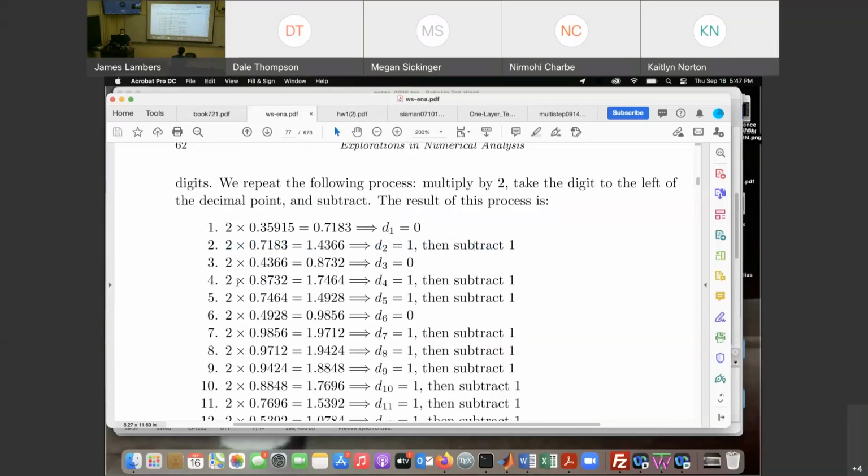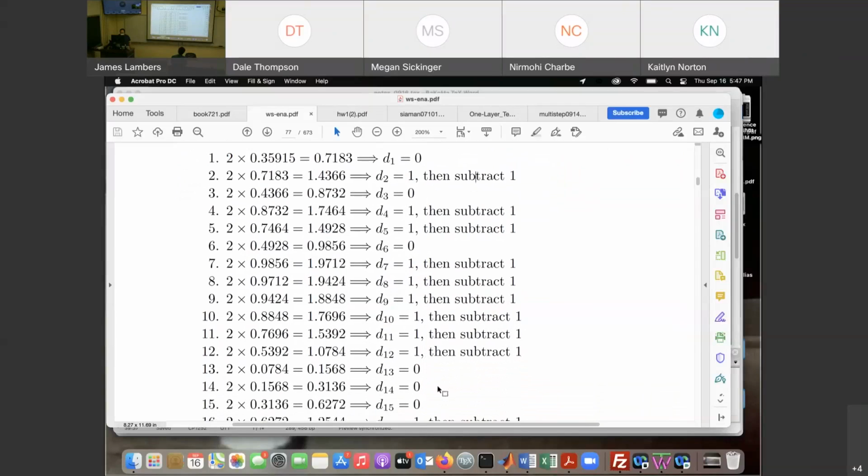And then this process continues. You multiply, take the digit, subtract it off. Multiply, take the digit, which in some cases is 0, and subtract it off. And that will give you the sequence of digits. And you can keep going